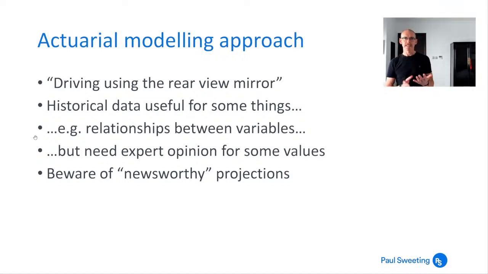So, that's a very brief run through some of the numbers behind climate change and some of the causes of climate change. How could we use this information in an actuarial modelling approach? There is a challenge that has been made to actuaries in the past, that what we often do is essentially driving using the rear view mirror. So we look at what's happened in the past, and then we just use that to blindly project what's going to happen in the future, which for climate change is not necessarily appropriate. And well, for most things it's not appropriate.